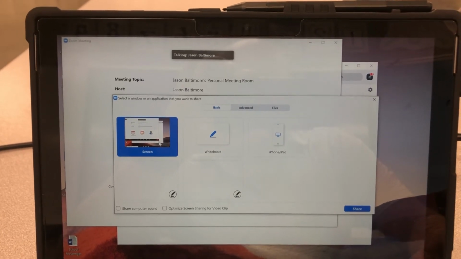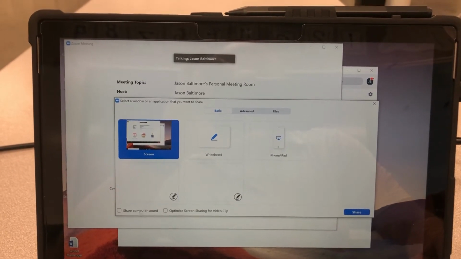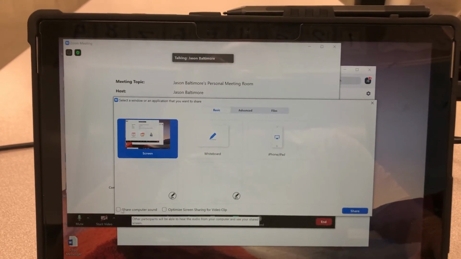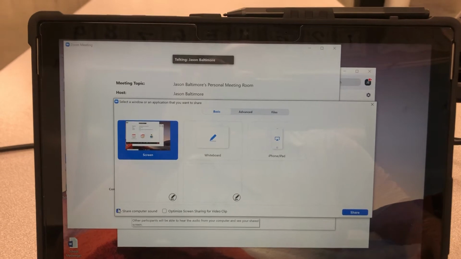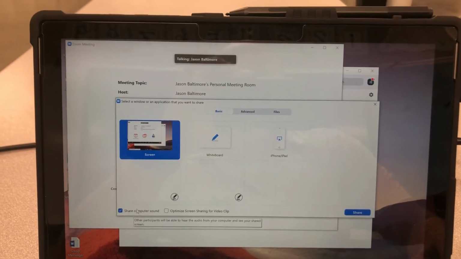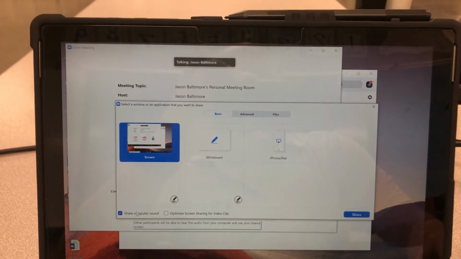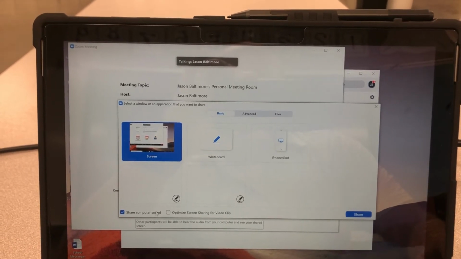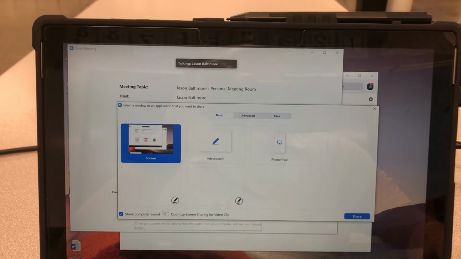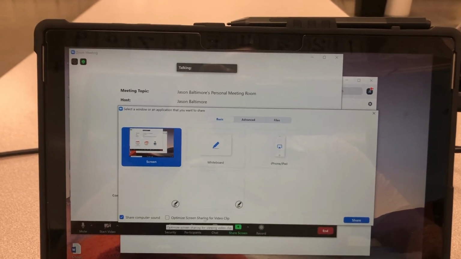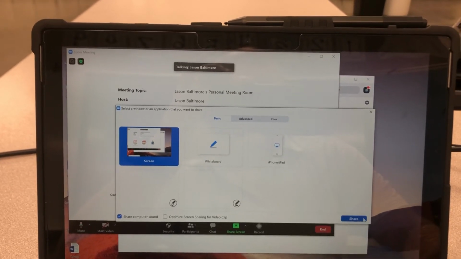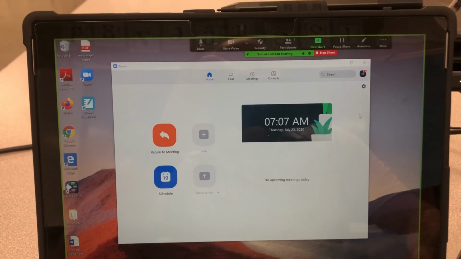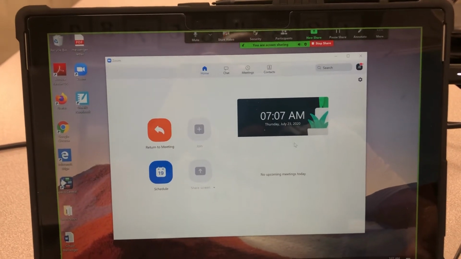So we're going to do share screen. Very important right here, I learned the hard way. If you're recording a lesson, or if you're showing a video and you want them to be able to hear the sound, make sure to share computer sound. And then click share. Okay, so now